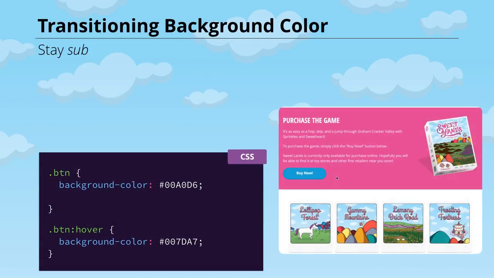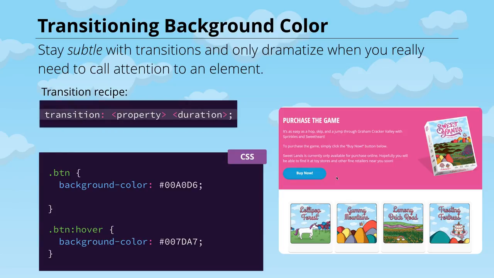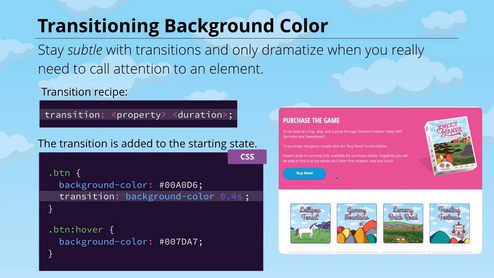We have our initial and hover states set. So for any transition that we're going to do, we'll use this recipe. We'll say transition and then give it a property and a duration. So for our button, we'll say transition, the property of background color, and then 0.4 seconds for the duration. As you can see here on our site, when you hover over the button, it's transitioning from this lighter blue